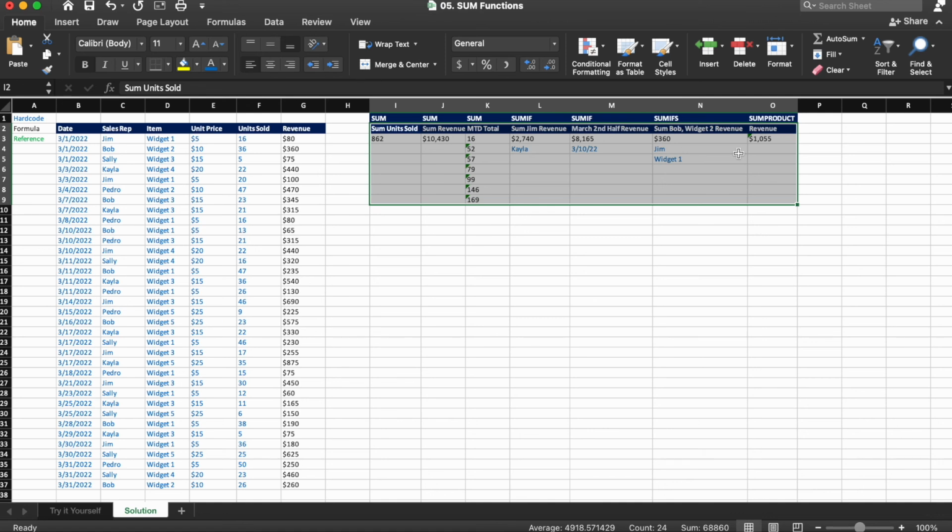So to sum everything up, the sum family of functions are extremely useful when trying to add large numbers or ranges of cells. You can count on this session to help you understand how the different sum functions work and for an example of how they can be used with a sample data set. And let's keep taking your spreadsheet knowledge beyond what you thought was possible.